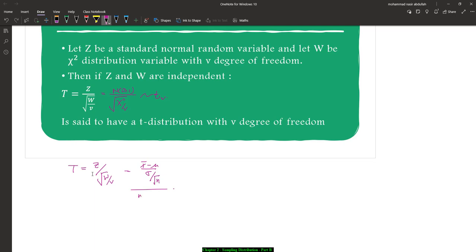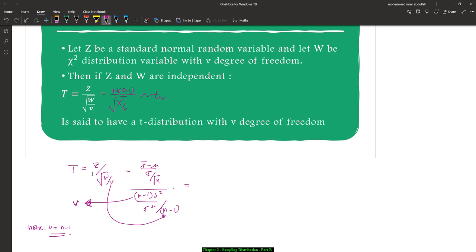replace here n minus 1 as a v. This one, anything is fine. Let's say this is v. So we note n minus 1 is a v, a degree of freedom, s squared over sigma squared over n minus 1. So this is v also, the same thing, right. So let's say we note here, based on theorem number 3, v is equal to n minus 1. Right. So here, let's say